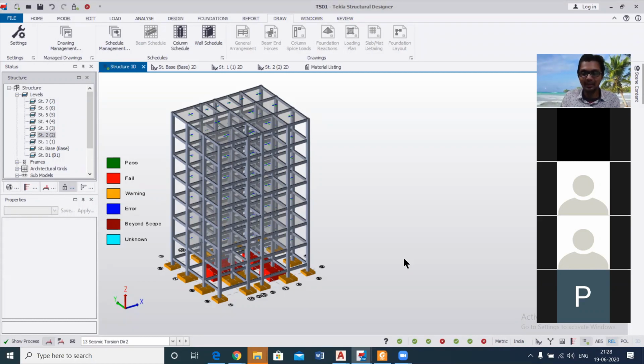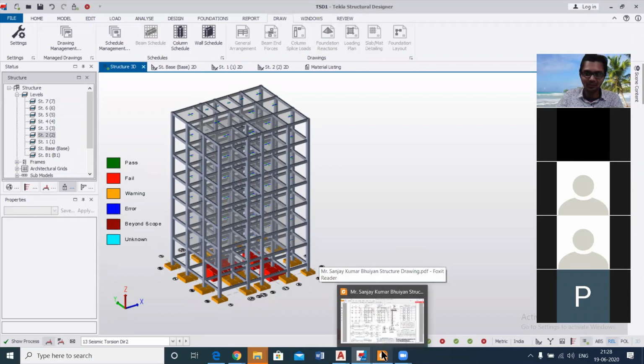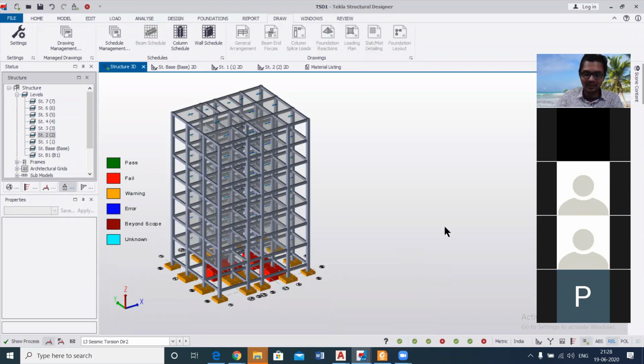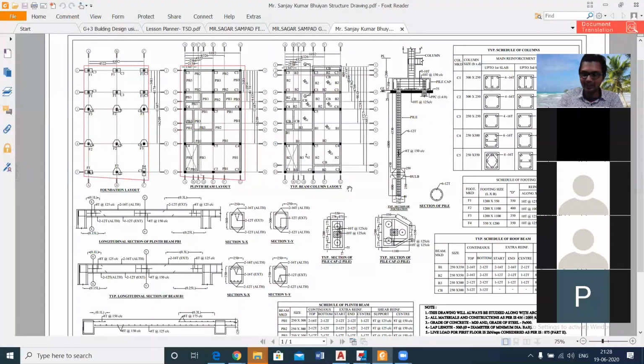If you can design a building, you should learn to design a building first, and after that you should go for Revit Structures, not Revit Architecture, because you want to go into structural design, as a structural engineer. Revit is basically a detailing software. After you have the structural drawing sheet, the work of the detailer starts. The detailer creates a BIM model in which they give the exact anchoring lengths and cutting lengths, and after that, if you want any drawings, you can just cut a section and get the structural drawings from that.